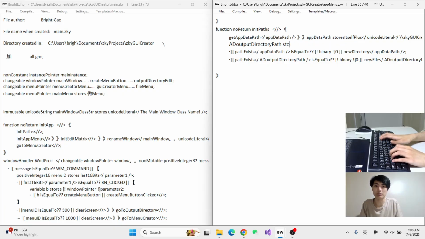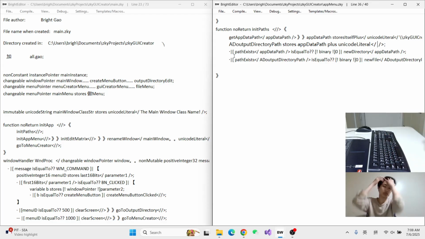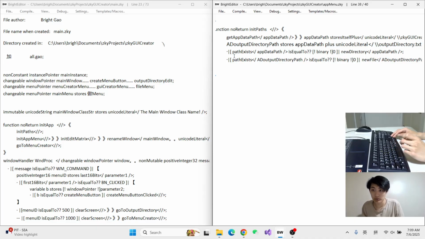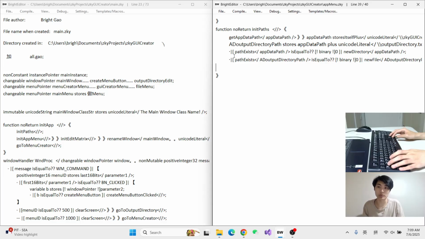Okay, no. App data path plus the level of, okay, so we're gonna store app data path in a file, so it's going to be the output directory.txt maybe. Sure. Okay,